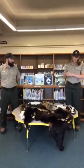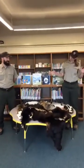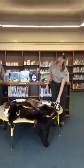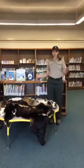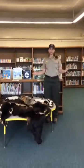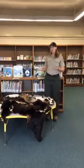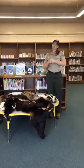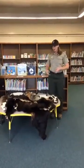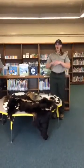So, we got the skins and skulls, not very exciting, but we ordered them on the internet, but all of our skins are real. So they are from real animals, they're real furs, and we use them so we can teach about those animals in a safe way, and we don't have to bring a raccoon in who probably doesn't want to hang out with us, even though we're really cool, all day long whenever we are teaching. So this way, we get to learn about the animals and see them, but we don't have to bring in